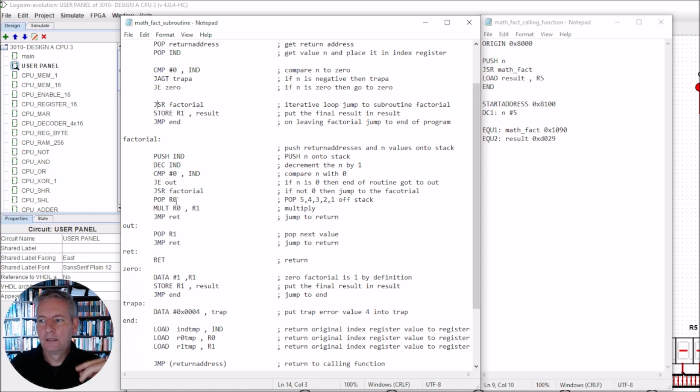So now we've got the next value in the register R0, so we multiply the 2 times the 1 and we put the answer 2 in register R1. So we've now got the number 2 in register R1, and we come down and we jump to the return again. So we jump back down here and we return back up to this point, and we take the next value out, so we're going to have the value of 3 in register R0 and 2 in register R1. So we multiply them together, 3 times 2 is 6, and we keep going through this process